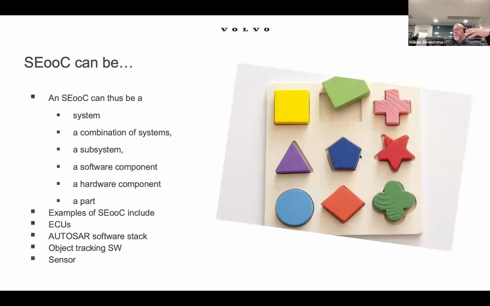So again, just summarizing before we look into one example. A safety element out of context can be a system, subsystem, a combination of systems, a software component, a hardware component, a part. We know for sure that ECUs sometimes come as a safety element out of context, but then